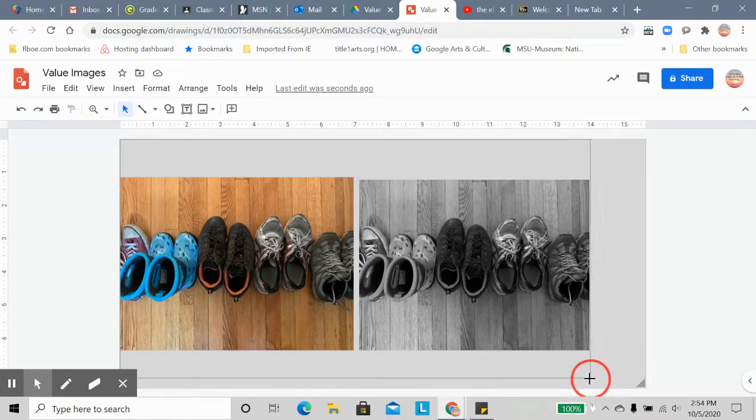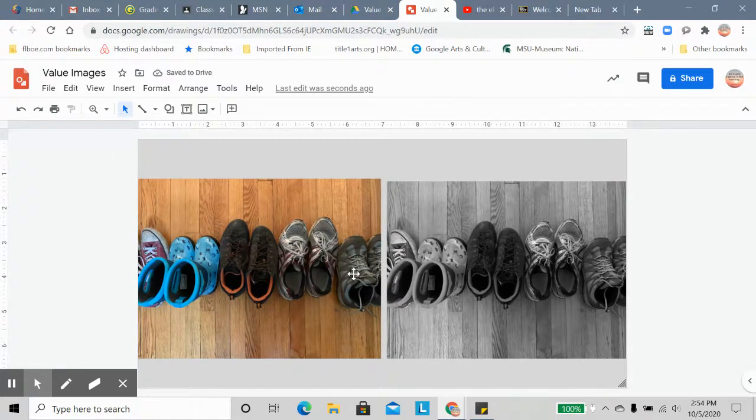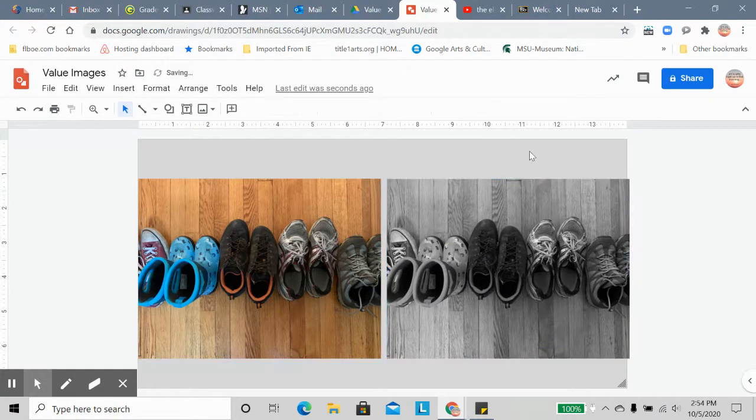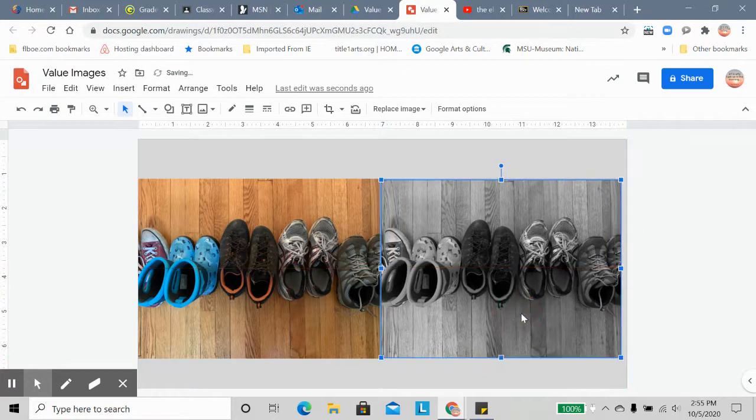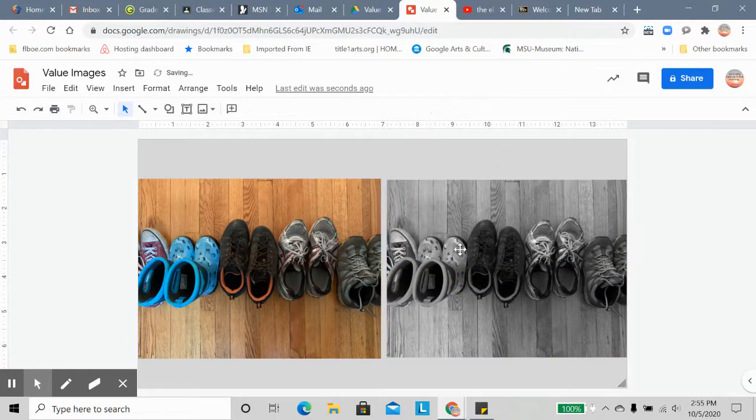And now I'm going to get my background. So you're just doing this side by side comparison of value. You can see the color differentiation, and then taking that color out and still seeing the lights and darks present in your work. So we will be talking about value in other projects that we do this marking period. So this definitely is something that's going to come into play again for you. I think this is just a really neat way to see it next to each other, and just makes it really clear